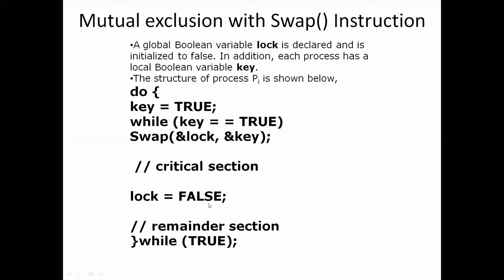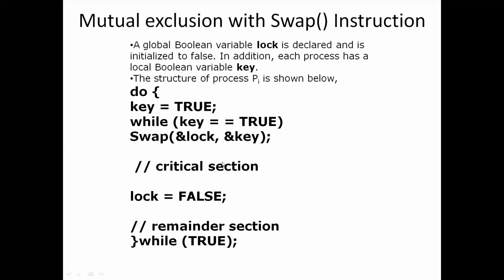By setting lock equal to false, it says that I am not interested, I do not wish to enter into the critical section. So process 0 gives a chance for another process which is competing to enter into the critical section. If any process is inside the critical section, at that time the processes which are willing to enter the critical section will wait inside this while loop. They will keep on waiting inside.